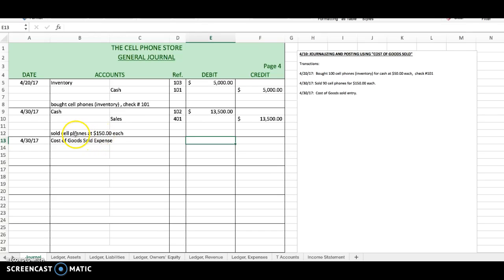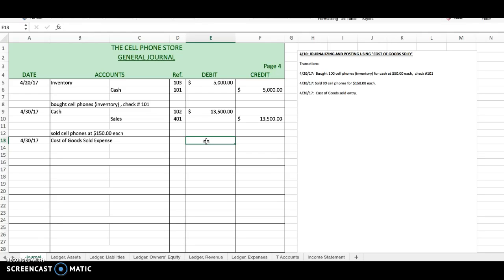Up here, we sold, I believe I said 90 cell phones, correct? So if we sold 90 cell phones, that means that we have to debit the cost that we had paid for those 90 cell phones. So if we sold a cell phone for $150, that's not the profit. We have to subtract out what we paid for that cell phone. And we paid $50